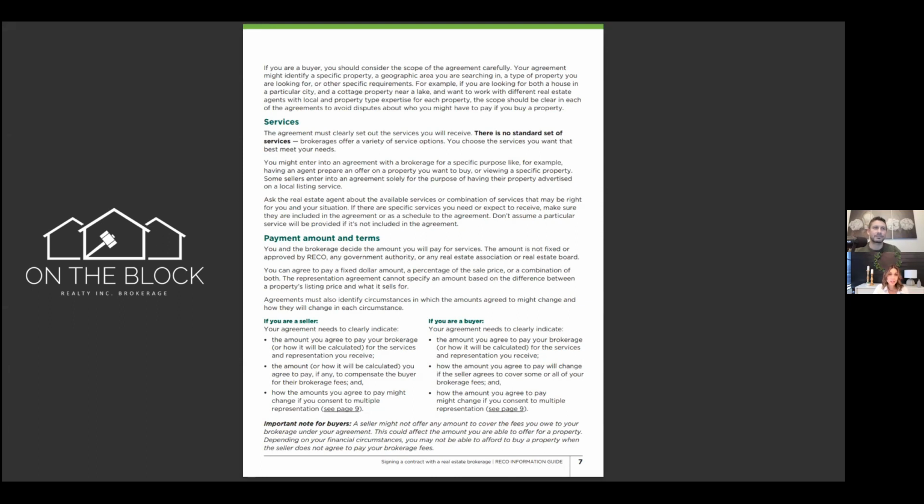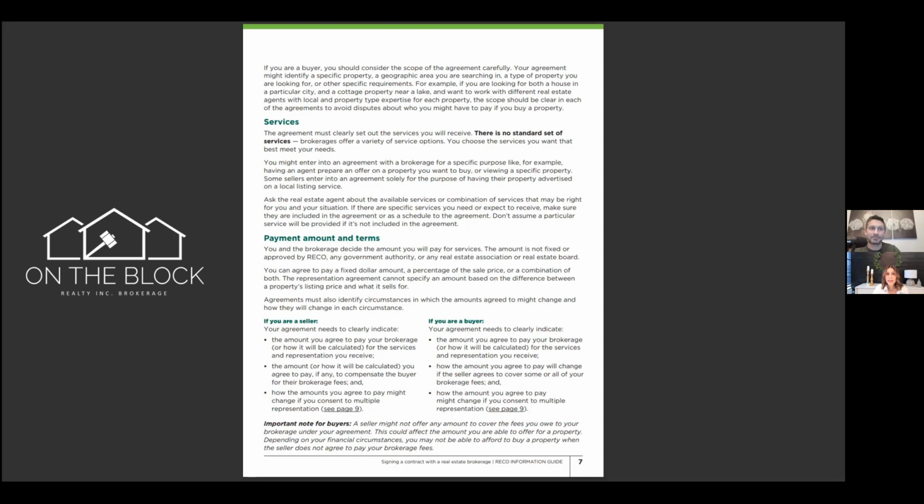Different brokerages and agents offer different services, and different transactions may merit different variations of the best and most fitting set of services. It's important to note that services are listed with intent to provide, but there could be circumstances where a transaction is completed quicker than expected, which could lead to some of the services not being performed. For example, open houses may be listed as a service to be provided, but if a home sells before the open house is planned, such a service would no longer be necessary.